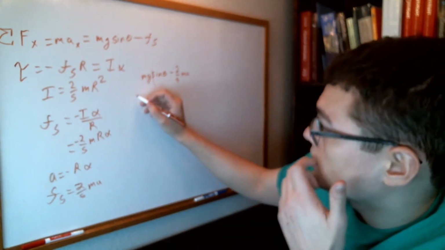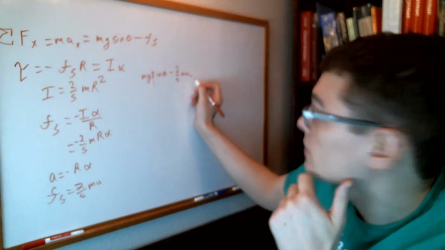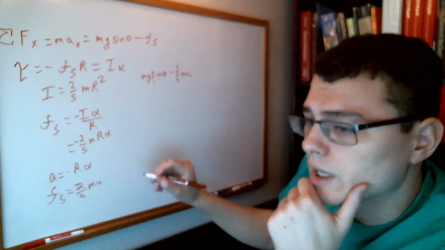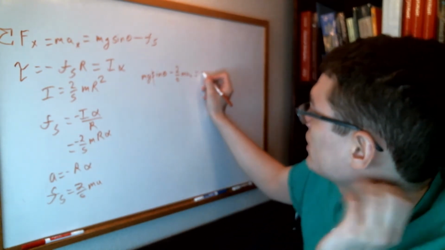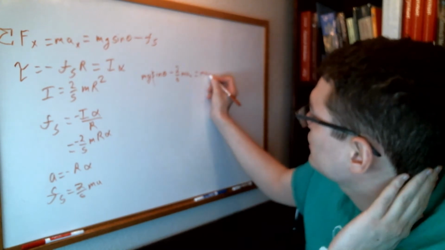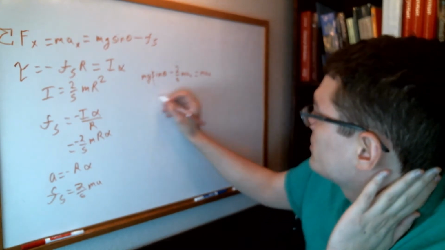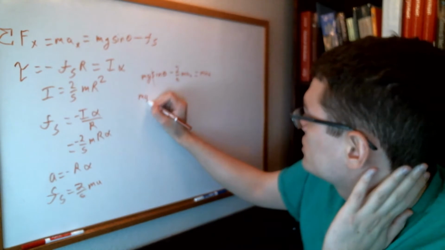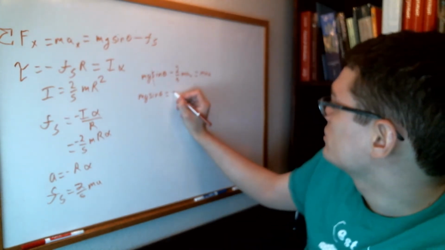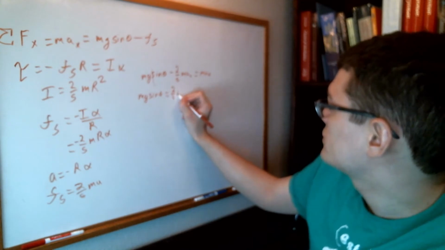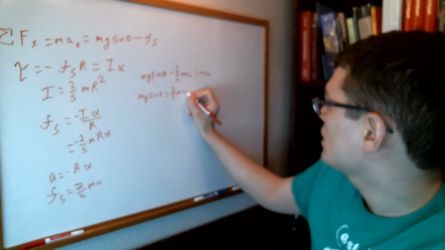And so then this is technically going to be m a_x here, and this is all equal to m a_x. And so then we'll solve for a_x. So we'll get mg sine theta is equal to 2/5 m a_x